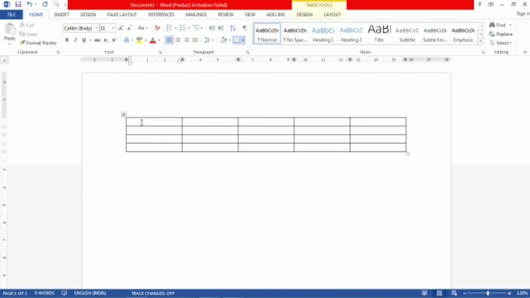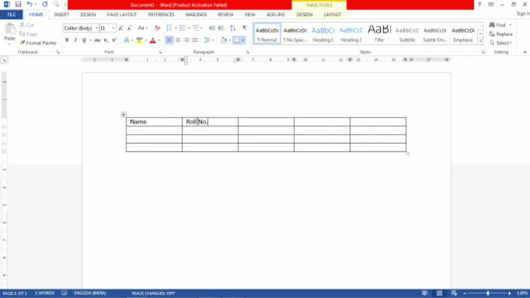Suppose we have to write here name. Then here roll number. Okay, you can see name, roll number.